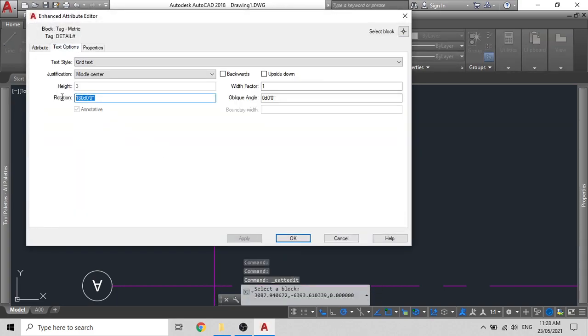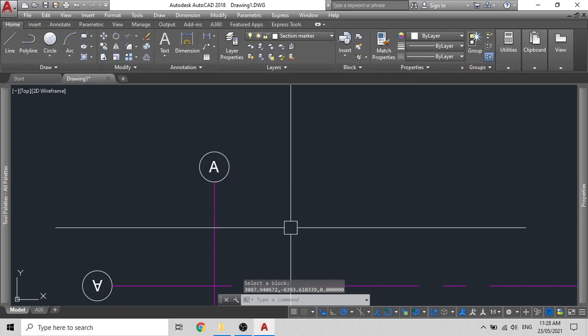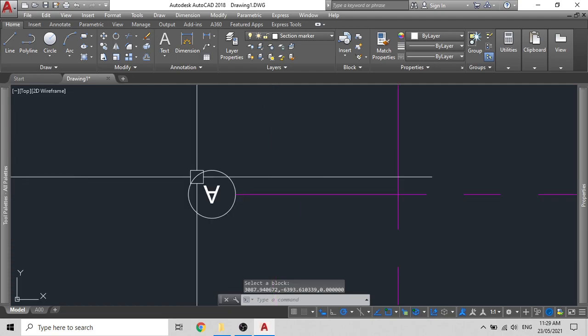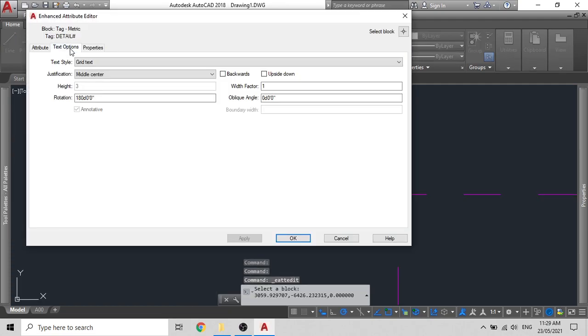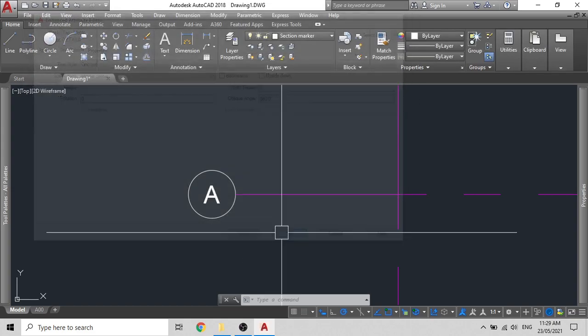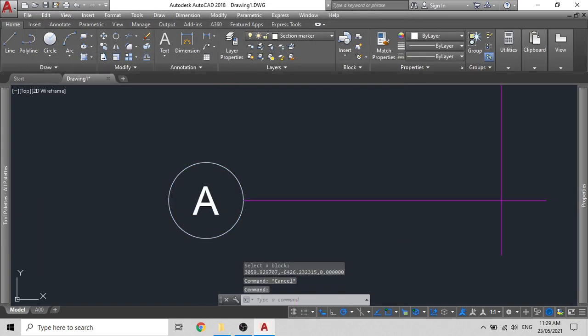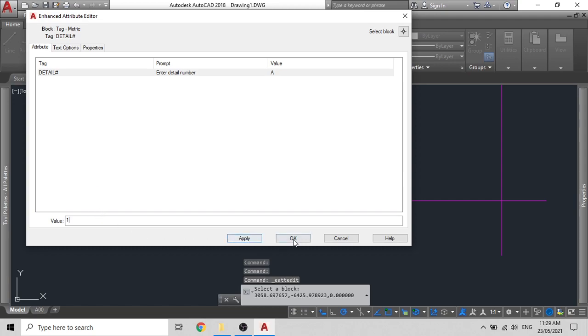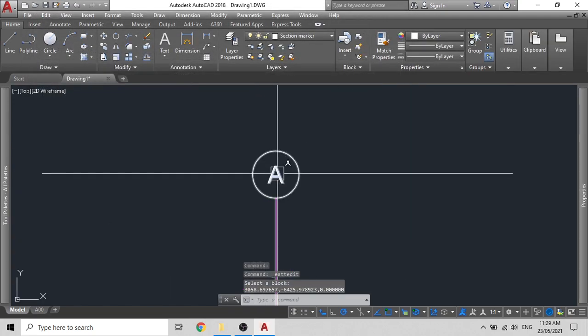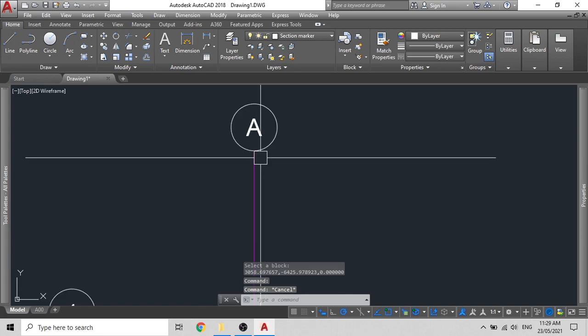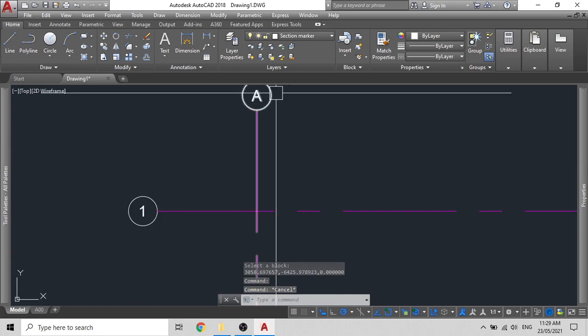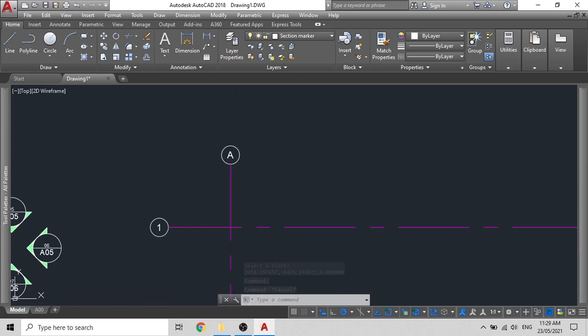If you have to keep on making changes, or if you know what you have to enter, just enter it, or just click on 0. As you can see there. We'll do the same for this. Double click on text options, and change the angle to 0. And there you go. Now this one has to be in number, and this one has to be in an alphabet. So make sure that your texts are set in the text layer, and that's all.